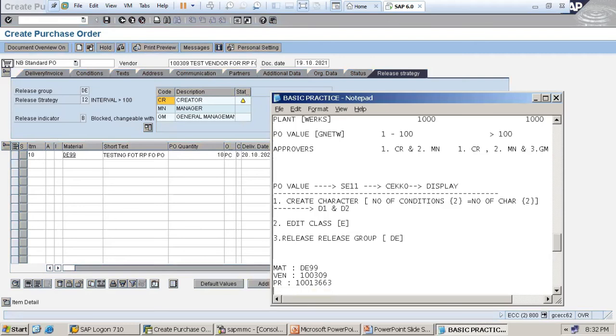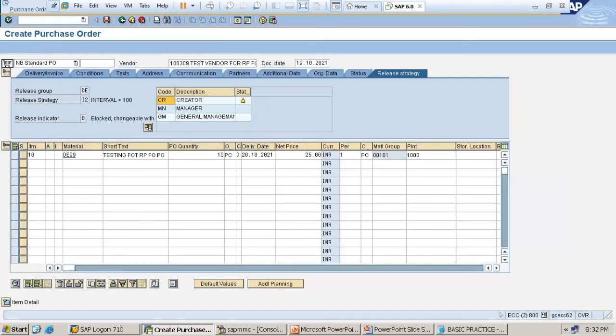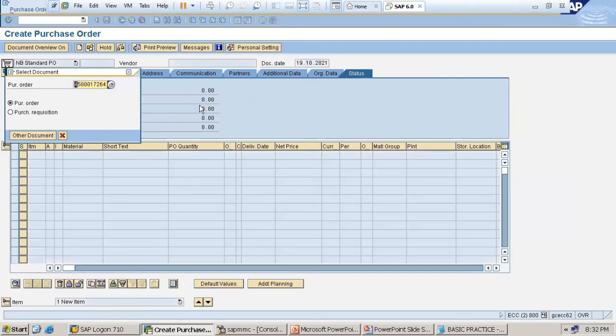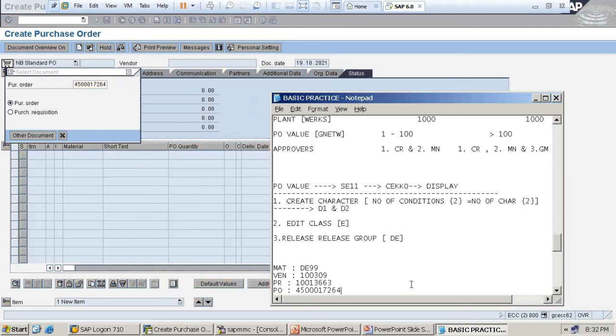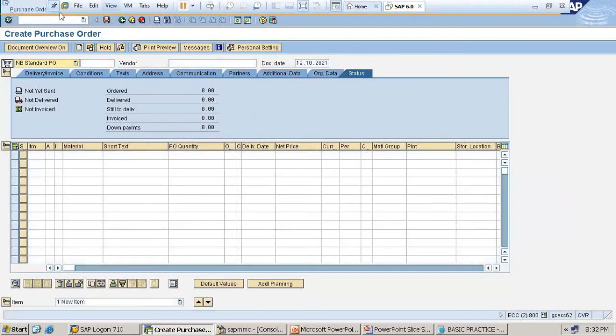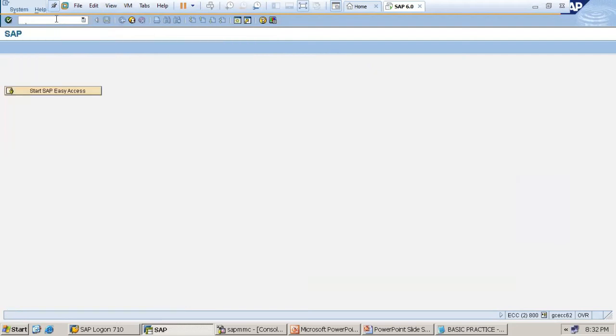So get the PO number. What's my PO number? 45000264. Then I go for creating the MIGO now. Slash n MIGO. For what?